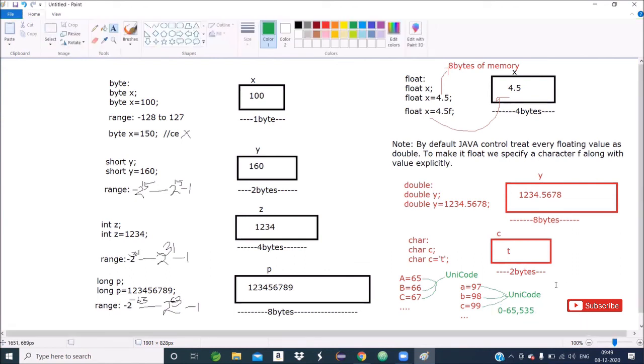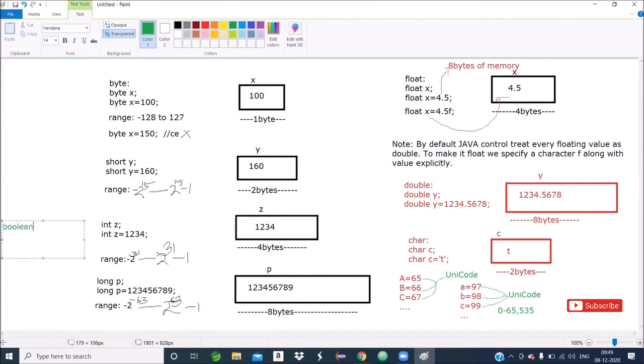Then Boolean. Boolean is a very small thing. I can write it here also. Suppose I write boolean b equals true. A Boolean value has only two things: one is true, another is false. True is a Boolean literal. Literal means constant, and false is also a Boolean literal or Boolean constant value.